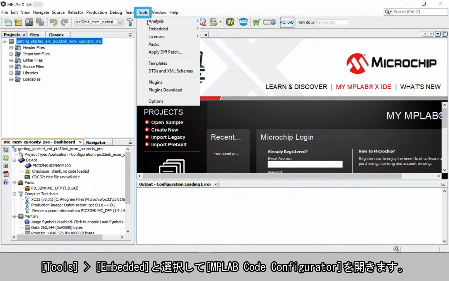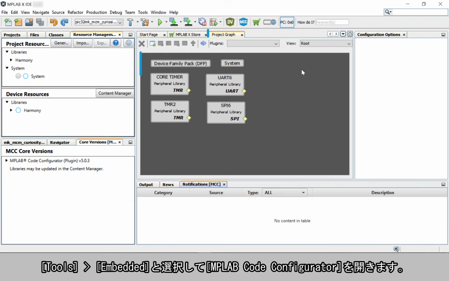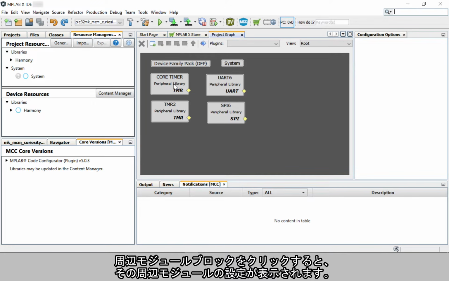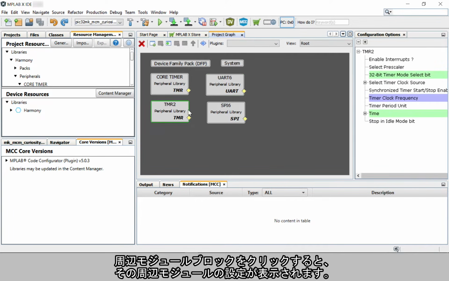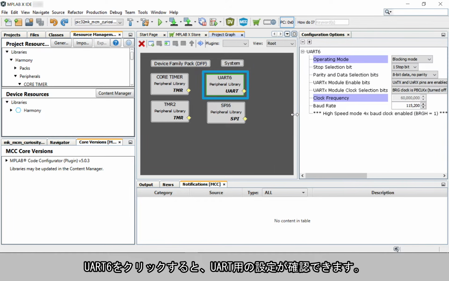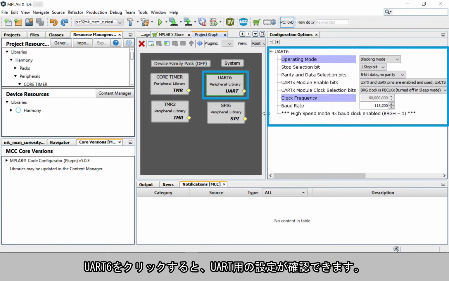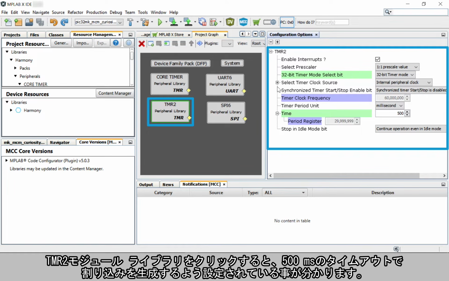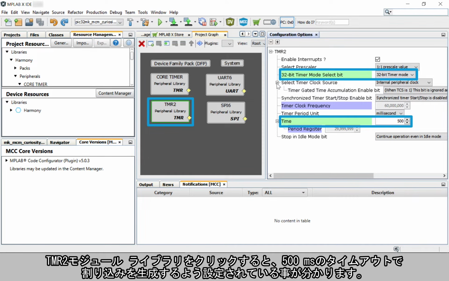Go to Tools, Embedded, and open the MPLAB Code Configurator. The project graph is opened, and you can see the various peripherals configured for the PIC32MK MCM microcontroller under this demo project. Clicking on a peripheral block shows you the configuration done for that peripheral. By clicking on UART 6, you can see that it's configured as UART. By clicking on the timer or TMR2 peripheral library, you can see it's configured to generate 500 milliseconds of timeout